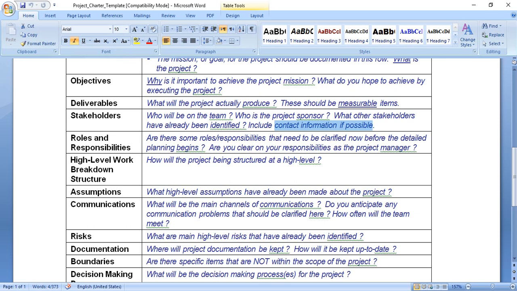Do you anticipate any communication problems that should be clarified? How often will the team meet, regarding meeting times: weekly, daily, or monthly meetings to follow the work? And the communication tools, will it be by emails, by letters?